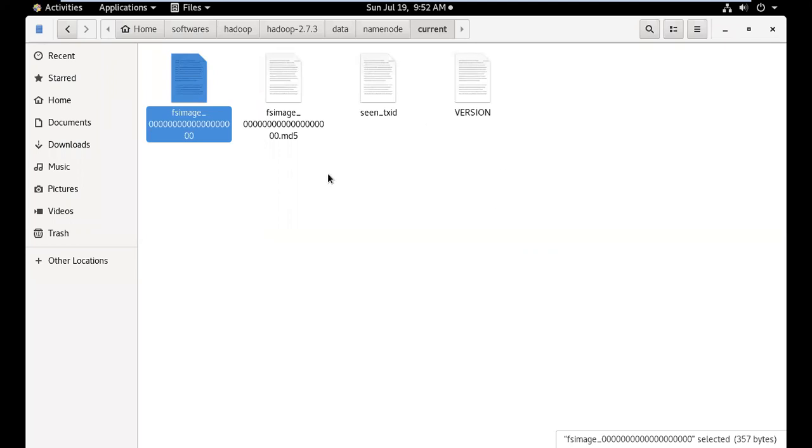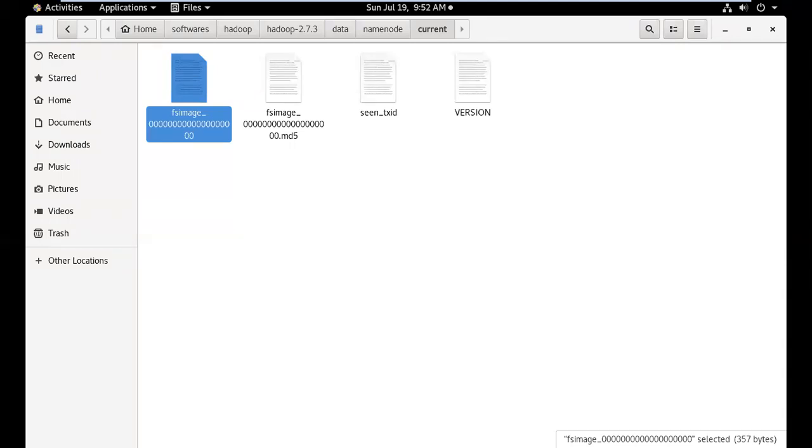We spoke about edit logs: the incremental changes you make to the cluster, like adding or removing a file, all those transactions are stored in an edit log. So when you format a name node, it simply takes a complete snapshot of your Hadoop cluster and creates an FS image. That is the first important thing.